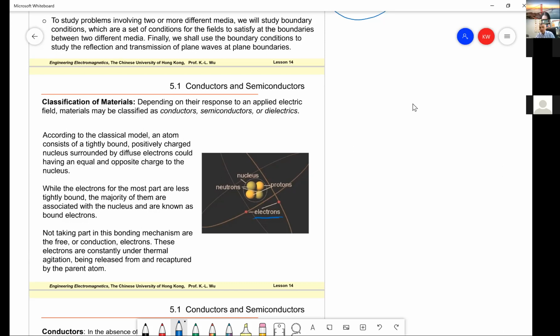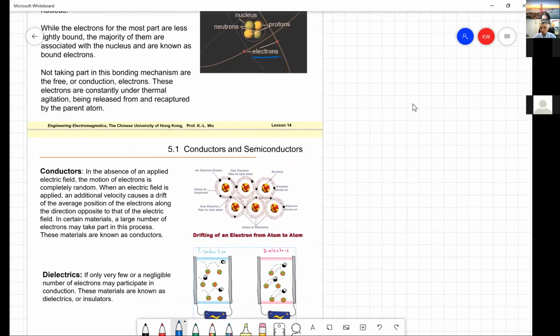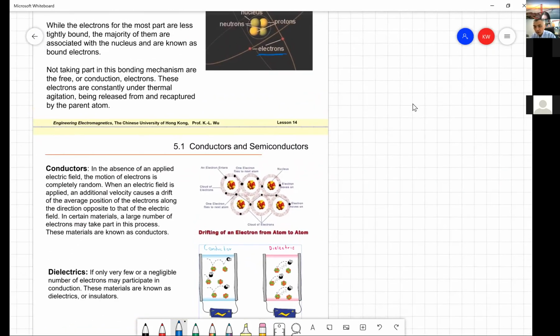They will be released and then recaptured by their own atom. Because of those differences in the very basic property of the electrons,